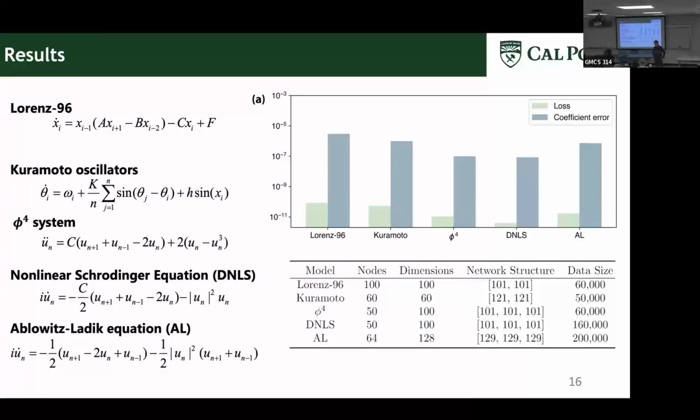The DNLS, is that in one dimension? Yeah, just one dimension. It's kind of a complex number. We kind of treat the real part and the imaginary part independently. Are there sufficient nodes for anything that's interesting? The nodes, 100 nodes, 60 nodes, 50 nodes? Here, initially we just want to show that, okay, we can go beyond 100 dimensions. But this one can go higher.